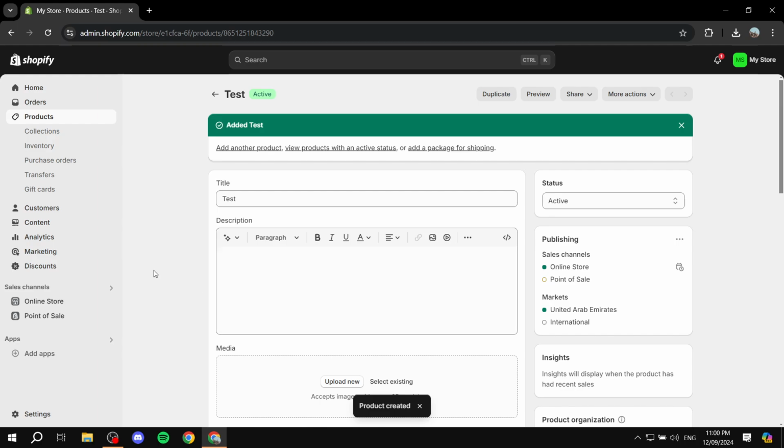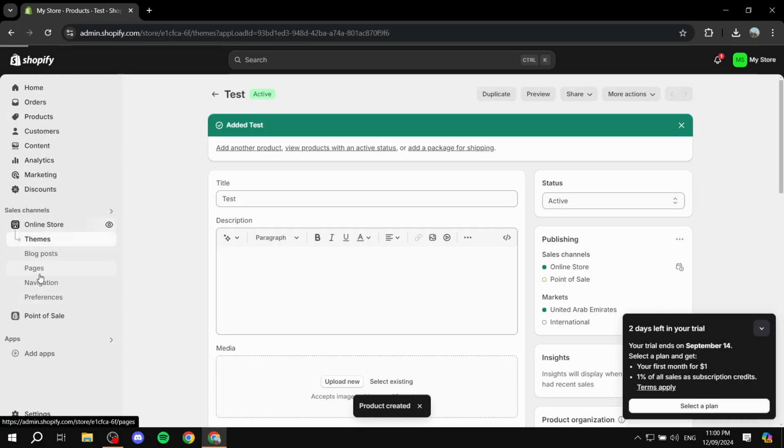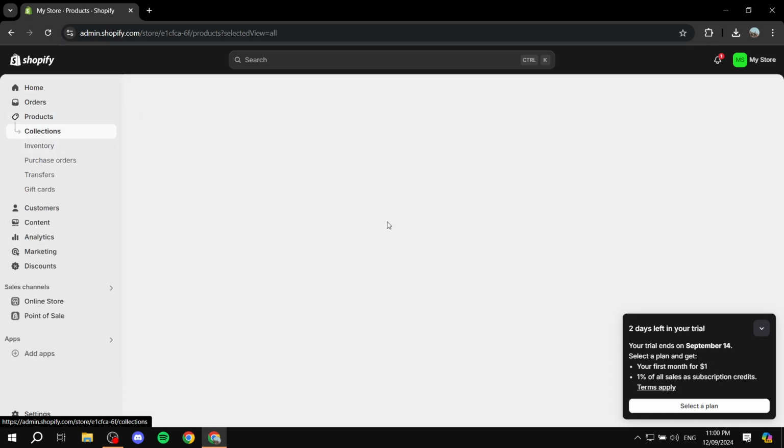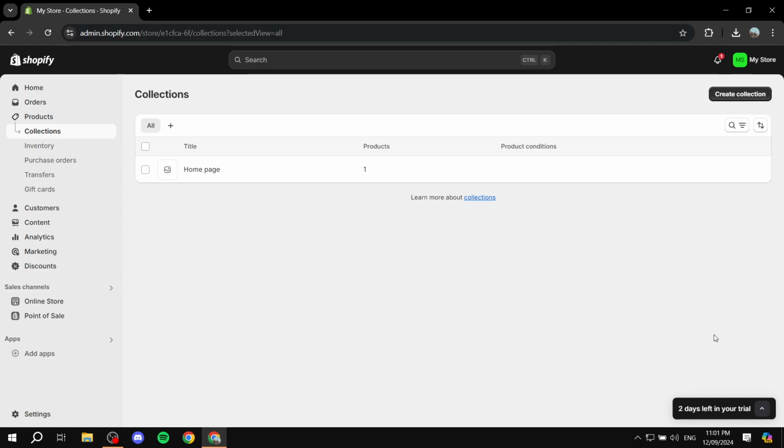One way that I like to use tags is, if you go back to products here, with collections. You can set up rules for collections with tags. So basically, whichever product does have a specific tag is going to be added automatically to a collection, which is a great way to use it. But yeah, there are many different uses